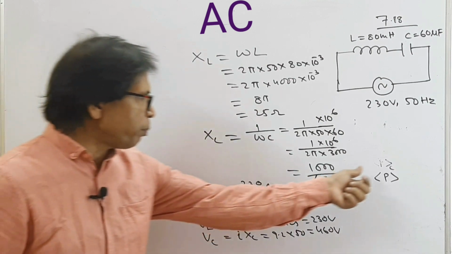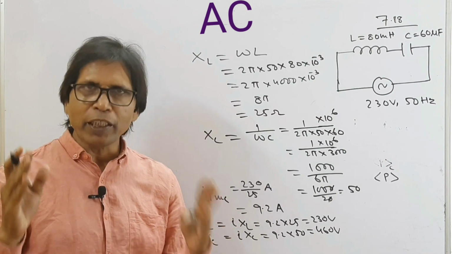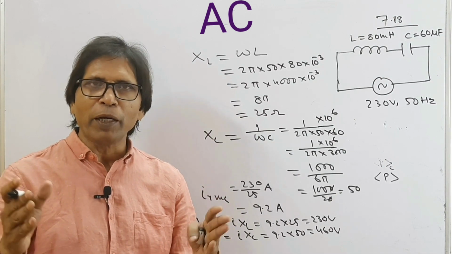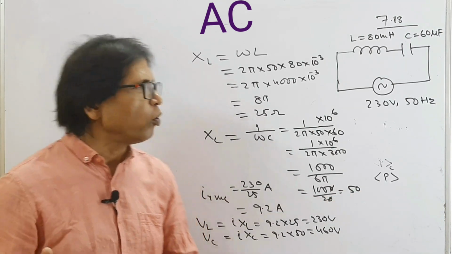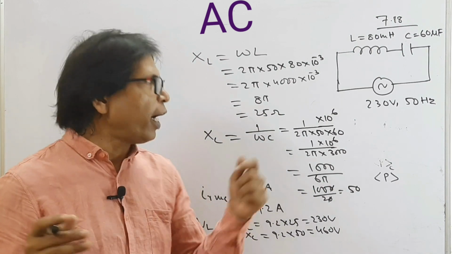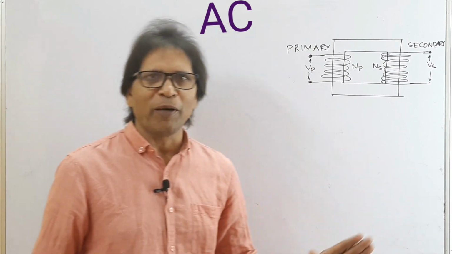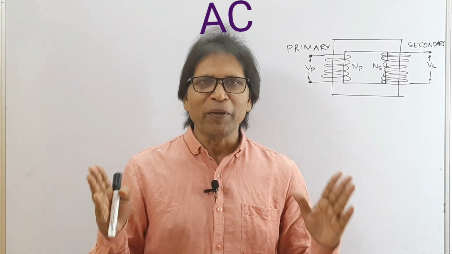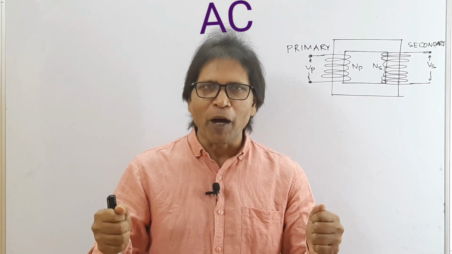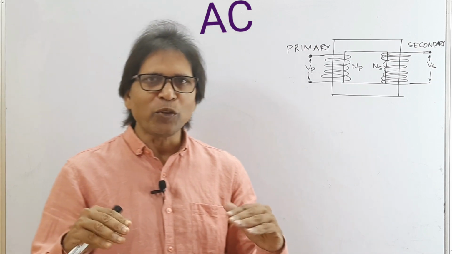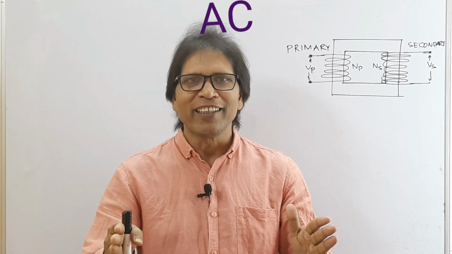Okay. Now the average power transferred to the capacitor is 0 because in a capacitor the phase difference between current and voltage is pi by 2, so power transfer is 0. Now the total power dissipated in the circuit is also 0 because the phase difference between current and net voltage is 90 degree. Now look at this, transformer. Now first of all, the definition. It is a device which converts AC power from high voltage to low voltage or vice versa, and is called a transformer.